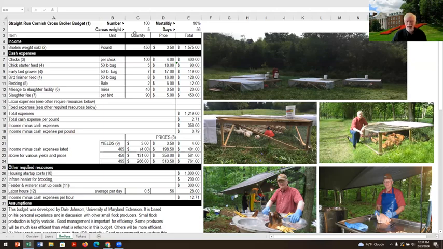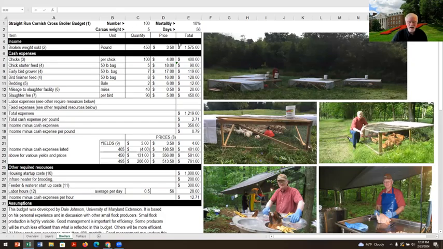All right. And so as we're looking up here, this is not a 2-year budget. This is an 8-week budget. This budget is for 8 weeks of production. Then I'm going to decide how many flocks can I get a year. All right. Usually it's from spring until fall. So am I going to get 4 flocks? Am I going to get 5 flocks? 3 flocks? You've got to figure that out.